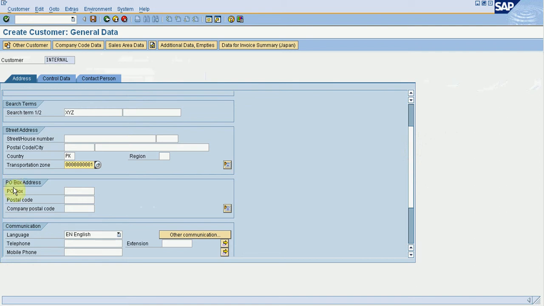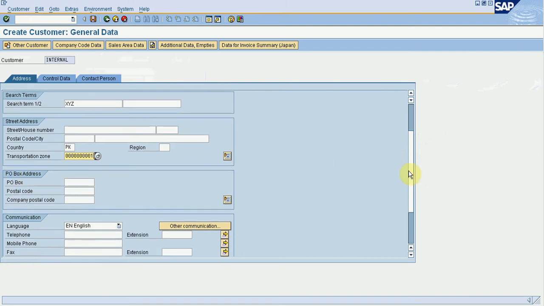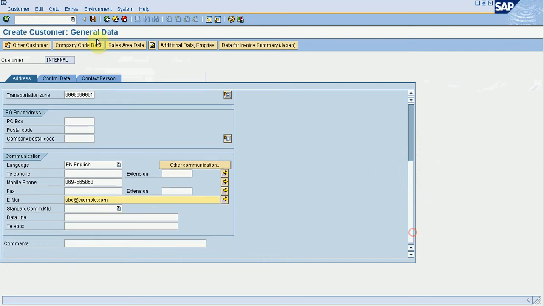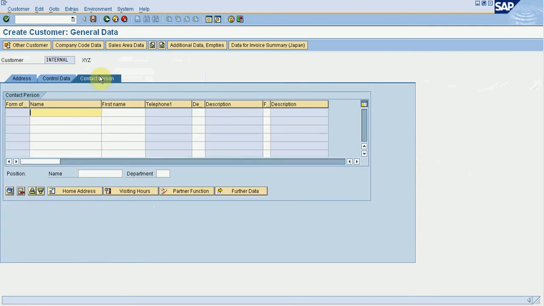Here I can maintain further information like PO box, postal code, communication language, phone number, mobile phone number, email, and so on and so forth. Here I can maintain control data, which refers to the tax number of the customer.